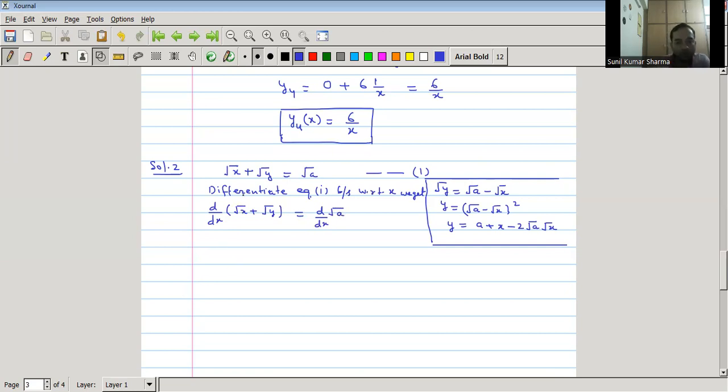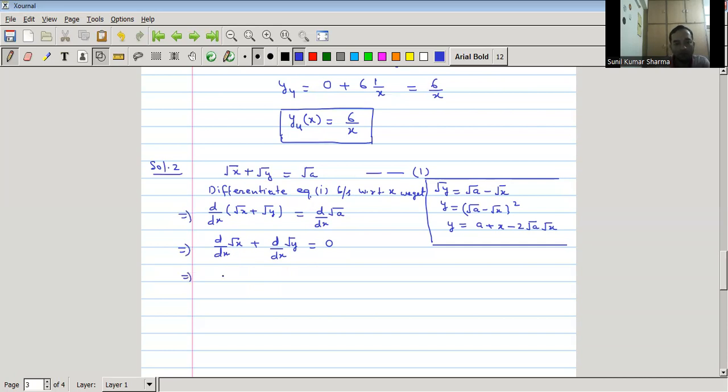So we know that it is linear, so we can write d by dx of under root x plus under root y as d by dx of under root x plus d by dx of under root y. That is, derivative of constant is 0. a is constant, so derivative of constant with respect to x is 0. This implies